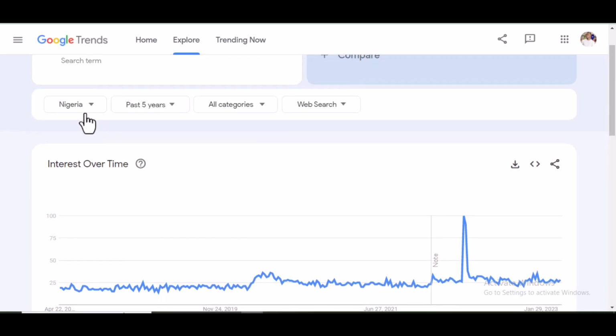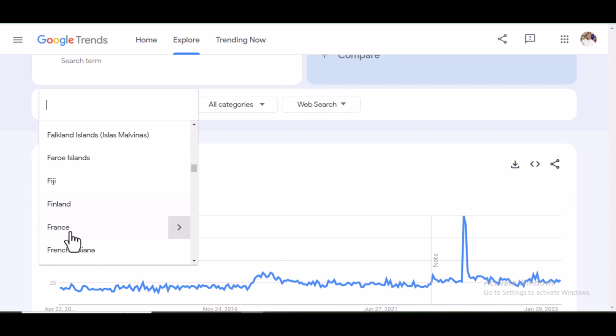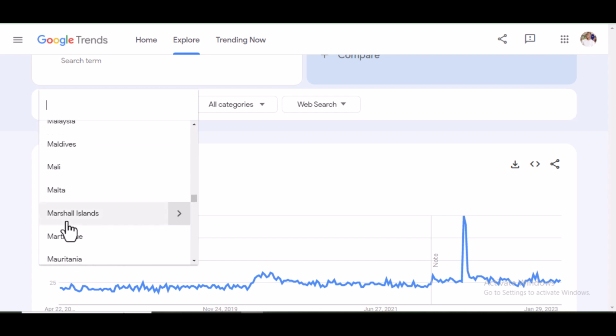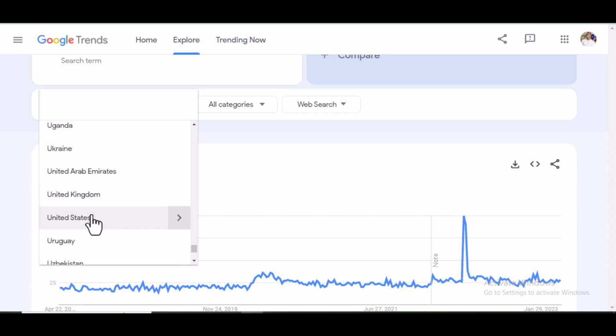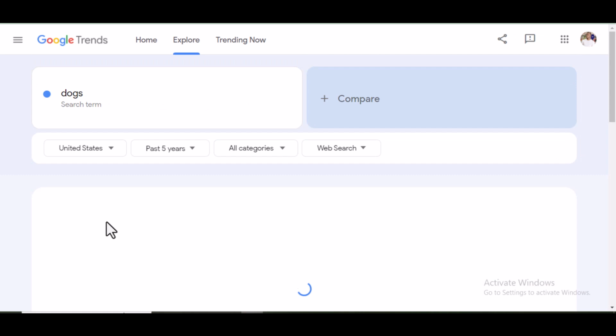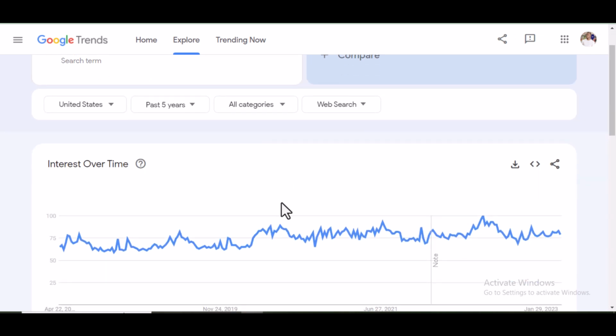And let's say this is not the country you want to target. You can change the option here. Let's say United States, where you want your target is United States. You scroll down and select United States. Let's see the trend in United States. Oh, you can see it's very obvious that the trend of dogs in United States is higher than